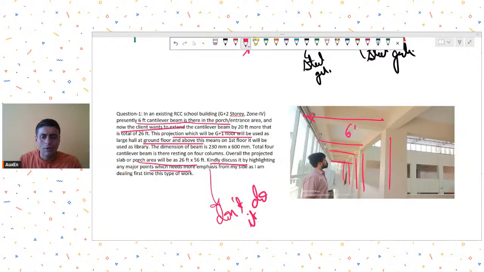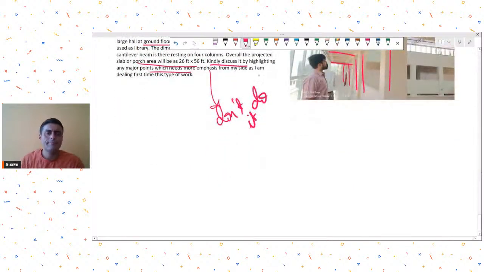correctly, you want to extend it by 20 feet to 26 feet now. I won't recommend you to do that. Don't do it, will be my one line answer. Because number one, the cantilever, if you extend it, see, if right now this is the situation, let's say, and